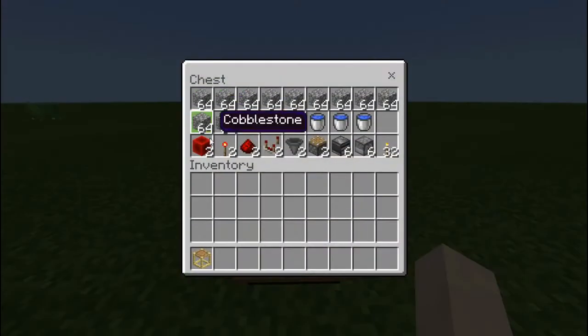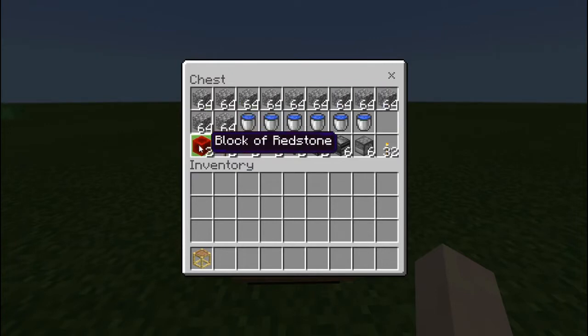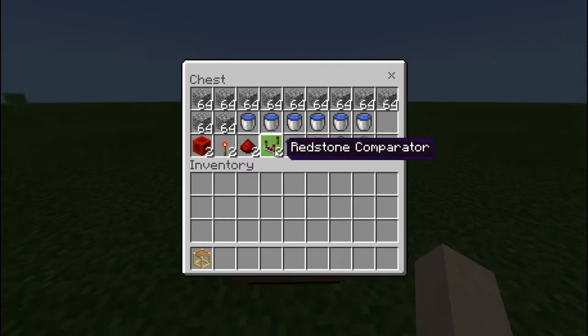This is all the materials. You're going to need 11 stacks of cobblestone. Doesn't have to be cobblestone. It can be pretty much any building block that can spawn mobs. You're going to need 6 buckets of water, this is for the whole thing, not just for one layer. 2 blocks of redstone, 2 redstone torches, 2 redstone, 2 comparators, 2 hoppers, 2 pistons, 6 observers, 6 dispensers, and